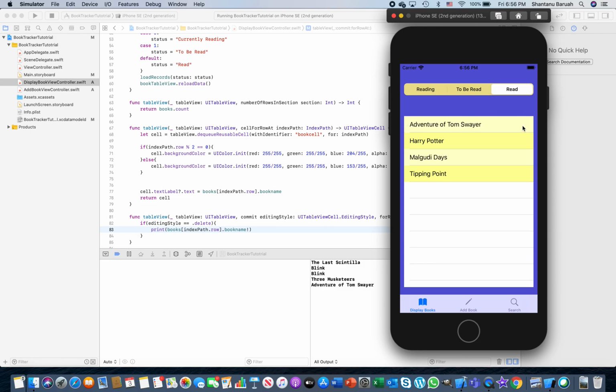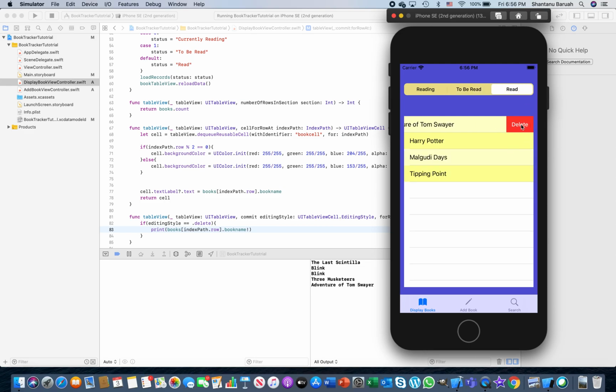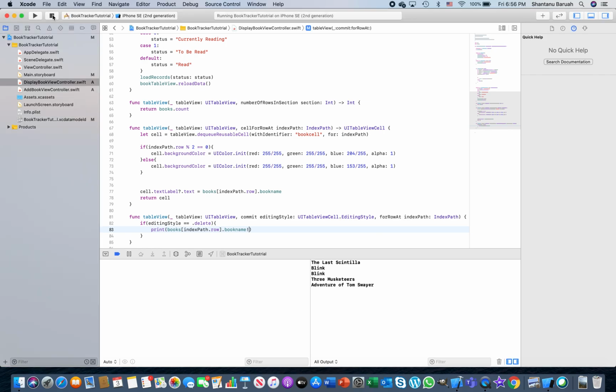Works perfect. Now if you do not want the delete to be in the red, how will you do that? That's an exercise I'll give you to do later on, but just check it out. You only want delete, let's say, for reading and to be read, not the books you've already read. You don't want to delete them, so you don't want to see this delete. So think about how I'll do it. We will talk about that in the next class, but for now let's move on and try to implement a